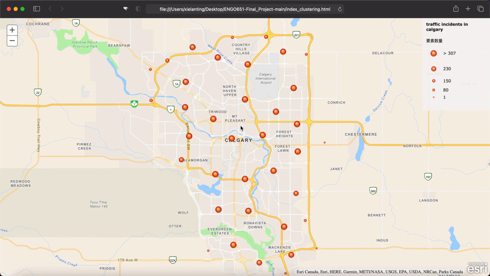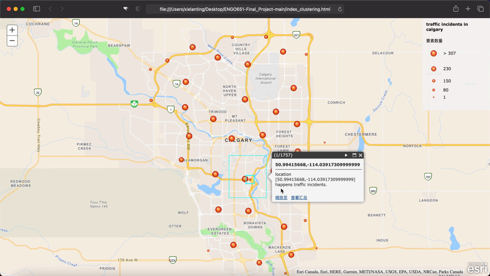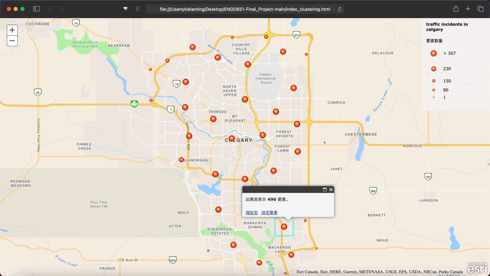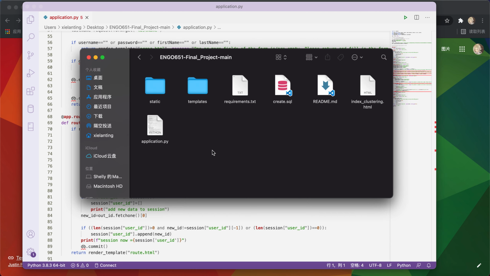So here are the results. Here are the results of the cluster. And then we'll see